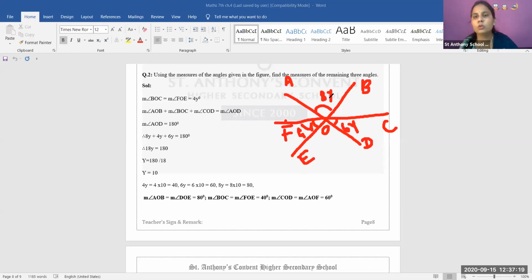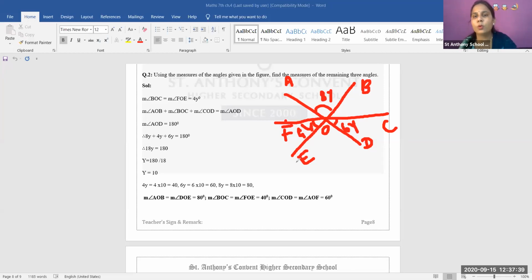This angle FOE is equal to angle BOC. How did this happen? What is the reason for it? Om Kambre, I unmute you. Give me the answer, because your camera is on, no? So give me the answer. Why this? I unmute you. You unmute yourself and give me the answer.